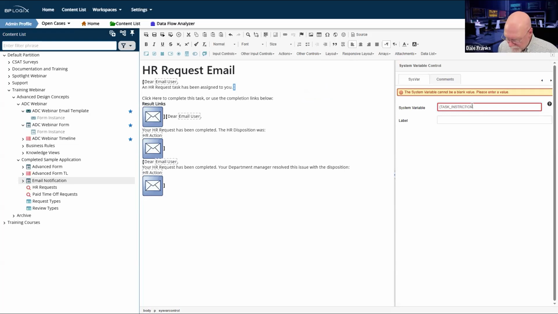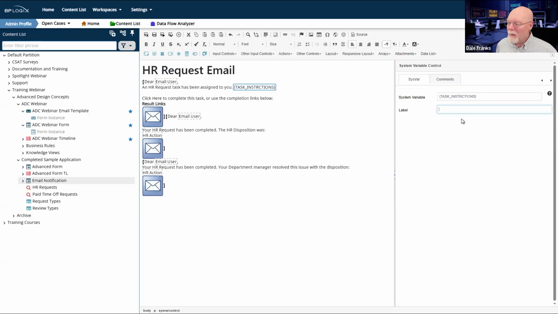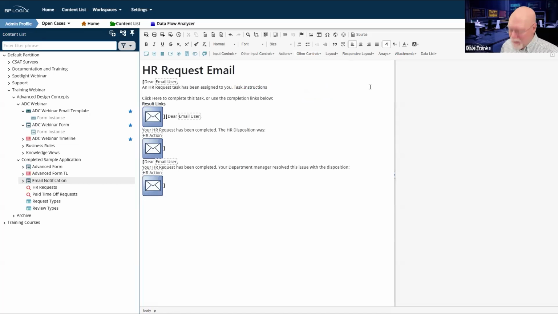That's a recommendation that you do that for every email notification that has a task associated with it. But now I've got to give you some additional information. I think I'm going to change the text up there. So there my task instructions will appear here.